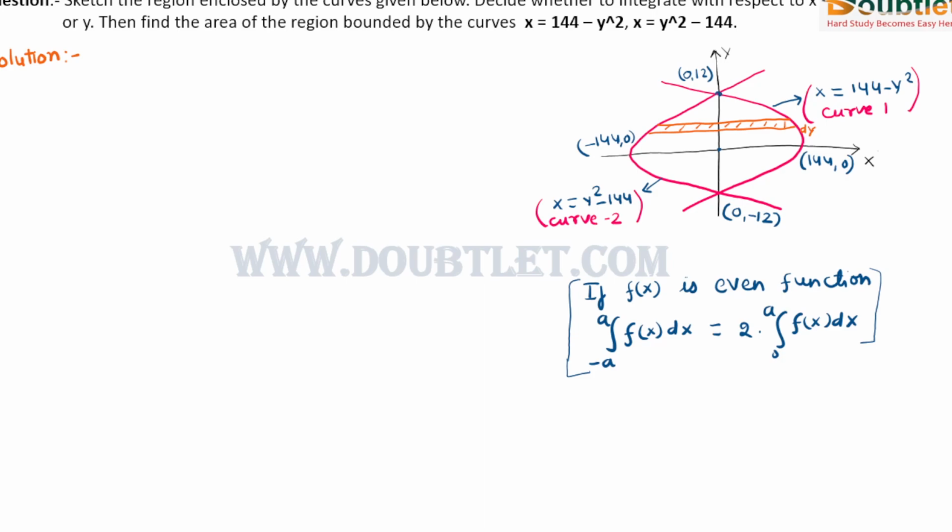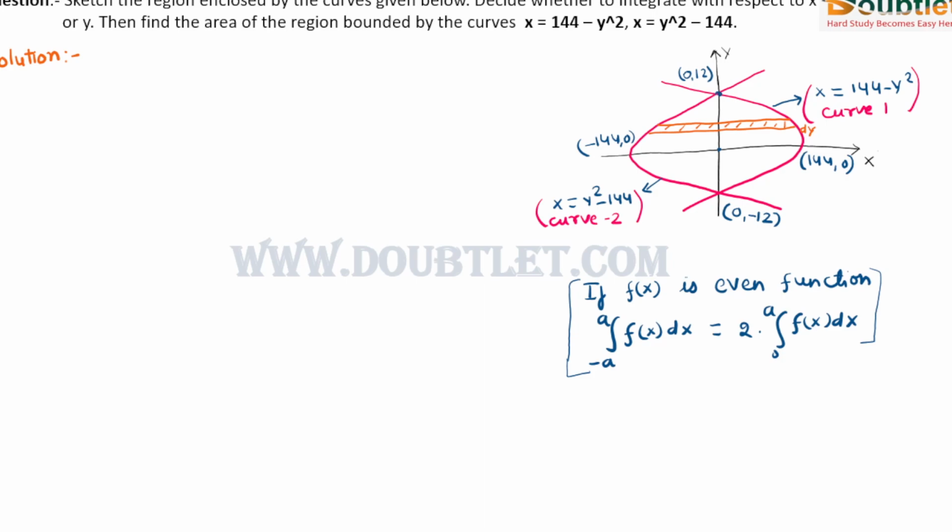Same is the case with the curve 2 or the lower parabola. So we can easily see it from here. There are two intersection points on the y-axis. First is this 0, 12 and second is 0, minus 12. And these parabolas will intersect the x-axis at minus 144, 0 and 144, 0. So by seeing the symmetry of this